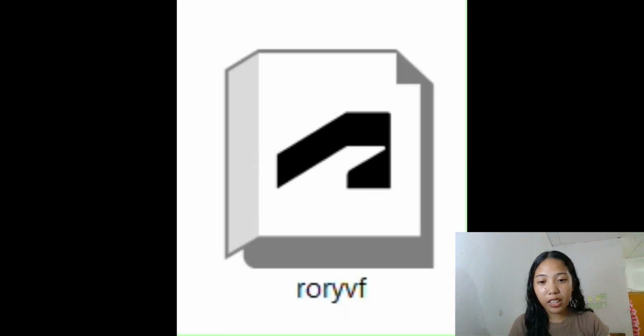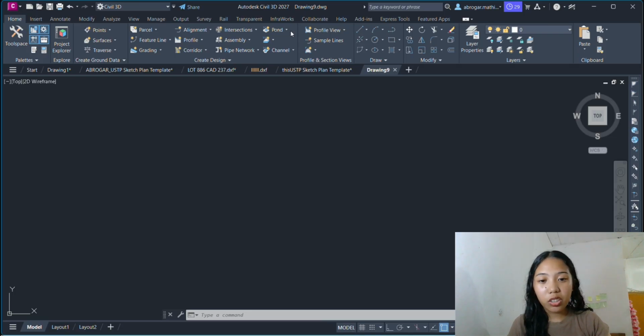Also a RARI VF file, which we'll be using for coordinates, for making a table for coordinates, and of course an AutoCAD application or Civil 3D.